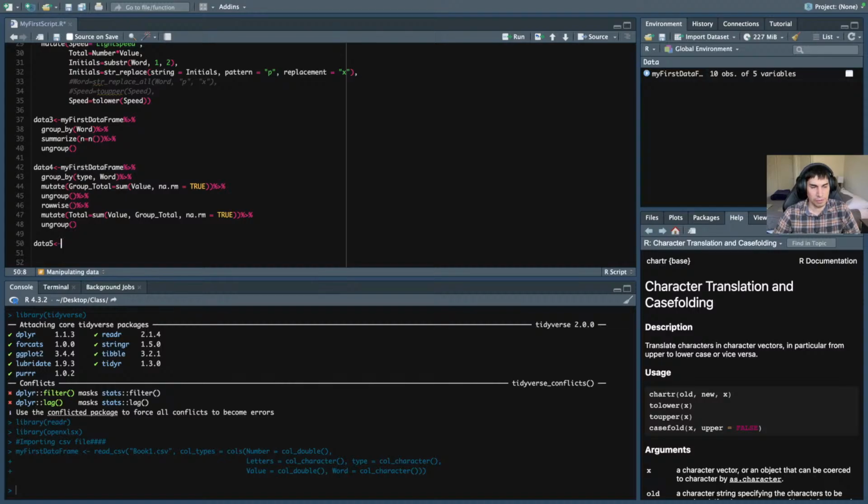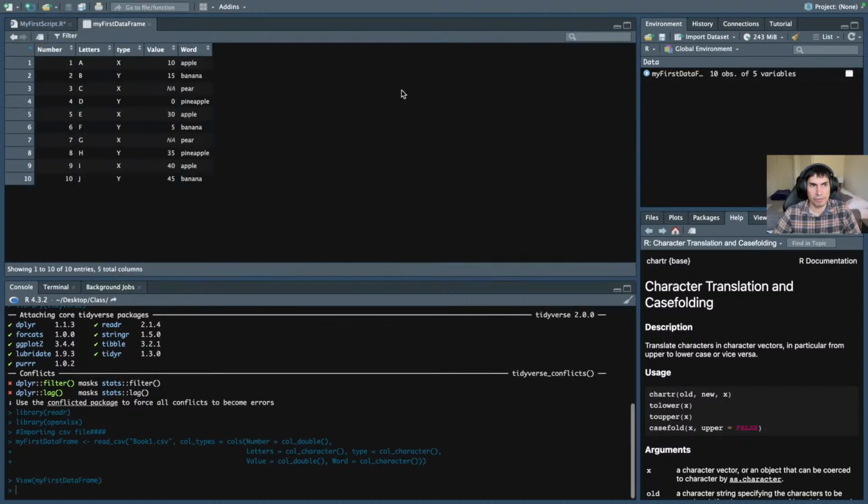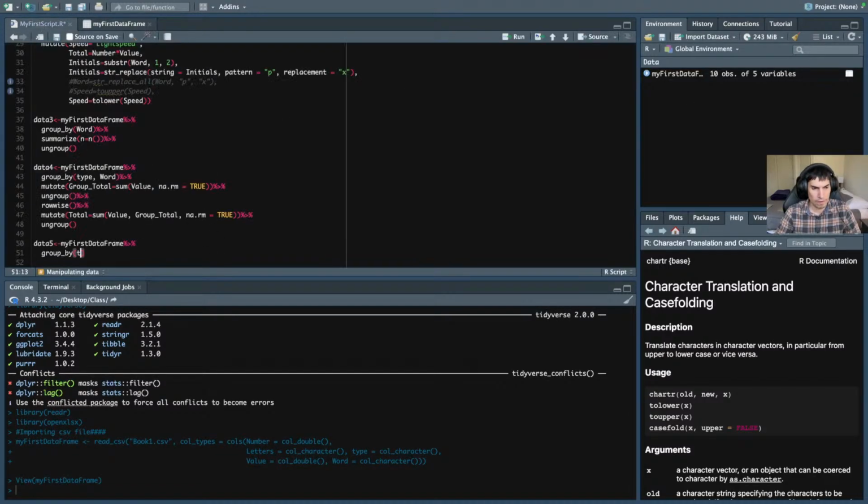Now the first function that we'll be looking at is called first. So we're gonna write here my first data frame. We're gonna use the pipe operator to pipe the next function in. We're going to do a mutate, but actually before the mutate, let's use some of what we used last time. Let's do a group by. If we look at our data frame here, let's group by type. Then we're going to do a pipe and then a mutate,